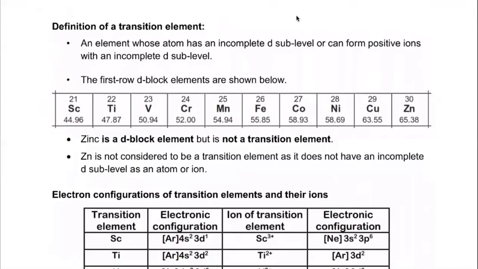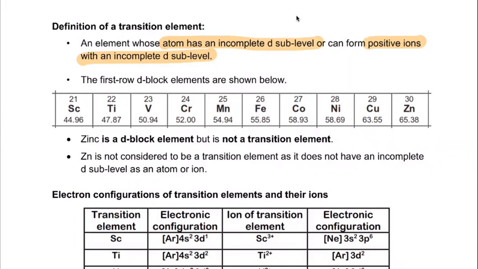A transition element has to be an element whose atom has an incomplete D sublevel, or it can form a positive ion with an incomplete D sublevel. What that means is we're going to have to look at the electron configuration or the orbital diagram to determine if something would fit that definition. Because if it's incomplete, that means it will not have 10 electrons. Remember, the D sublevel can hold up to 10 electrons, 5 pairs, because D has 5 orbitals. And so if it has 10 as either a neutral atom or as a positive ion, then it would